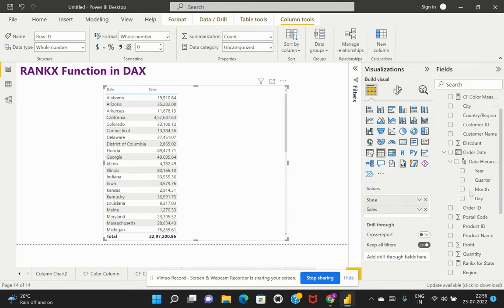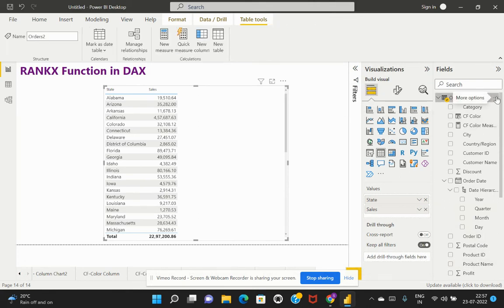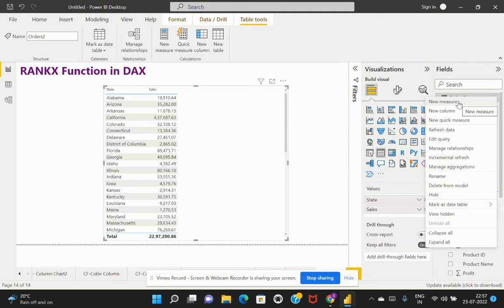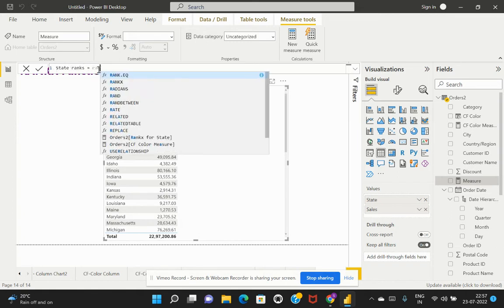For that, in this specific example, we have connected to a superstore data set which has different columns. I'll select this table, click on the three dots next to it and say new measure. We are trying to create a measure to find the ranks for the state-wise total sales value. I'll name this measure State Ranks and write a DAX expression using RANKX,